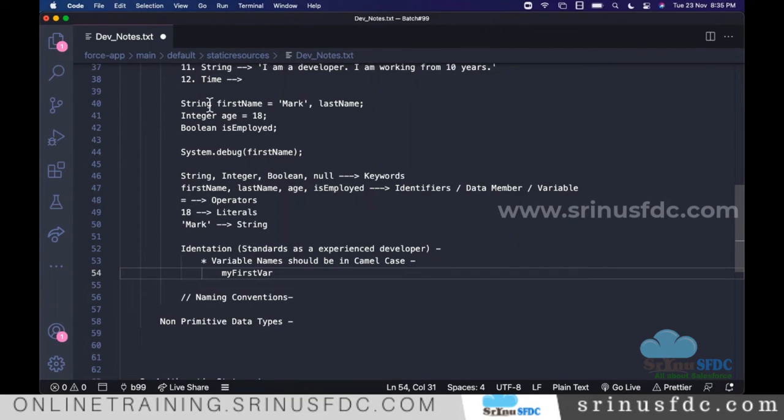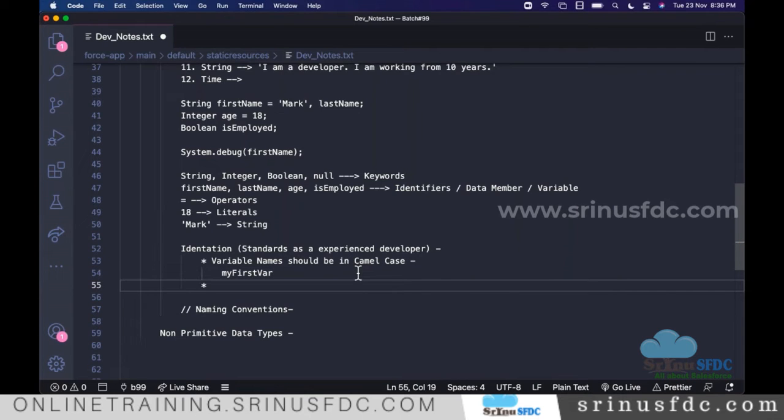If you observe here, wherever I am defining the variables, I am starting with a small letter. If there are multiple words, for the second word, third word, for all those, I am giving a capital letter. If there are no multiple words, we can directly give it in small letters. So this is the standard. Most of the time, all developers follow it. If you follow it, it is good. If you don't follow it, it will also work, but when someone sees your code, they'll say it's not from an experienced developer.